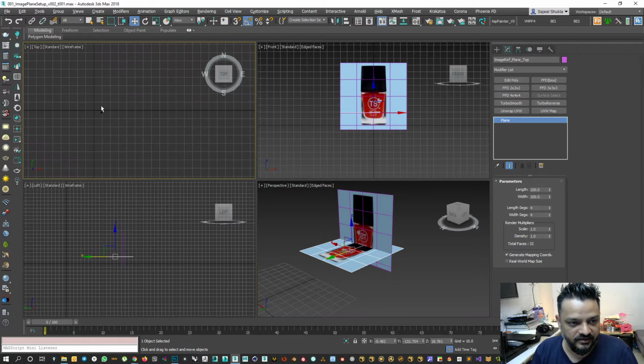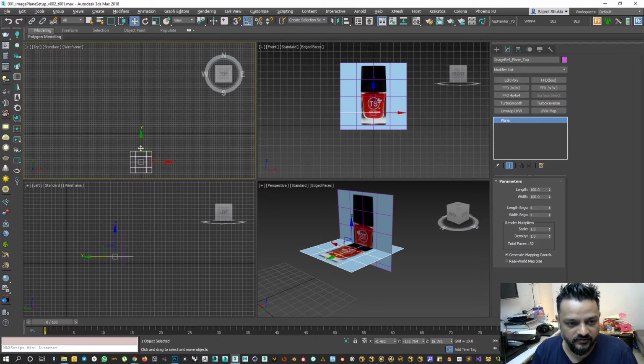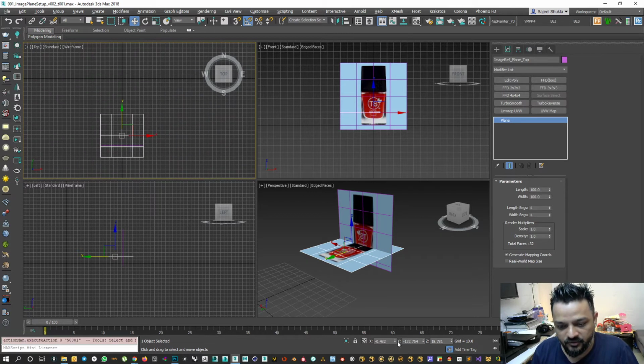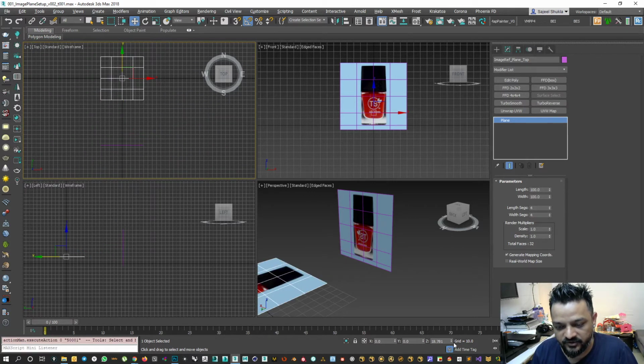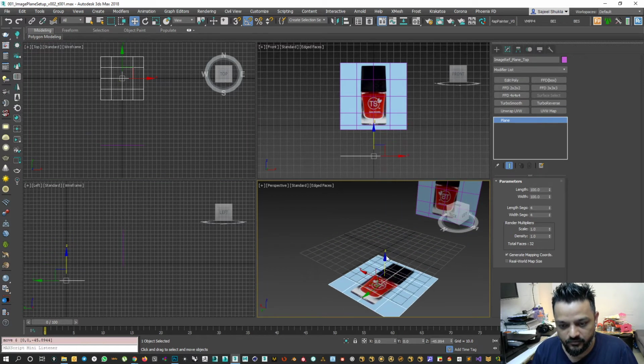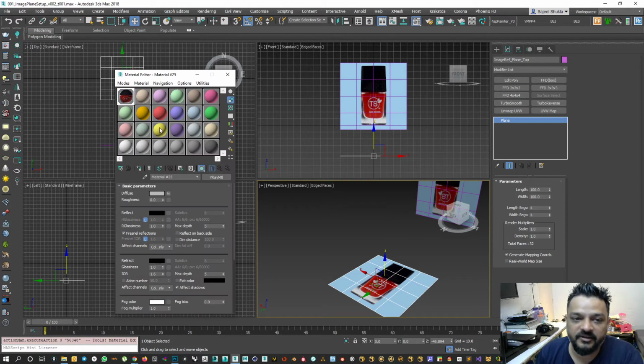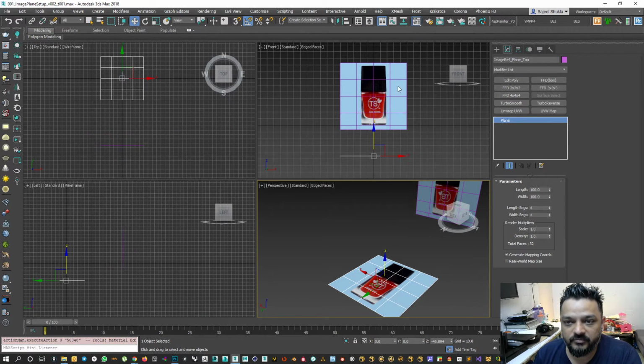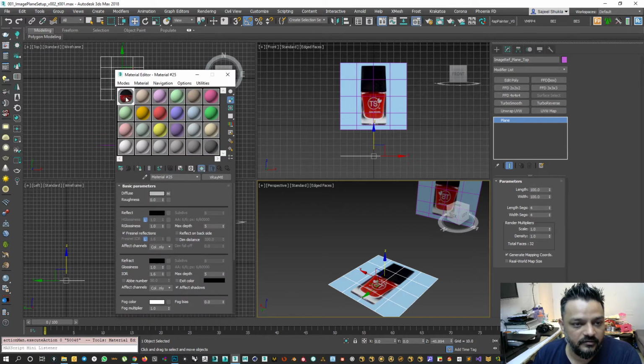Now obviously I need this guy in top view and center while he's sitting out there, because I duplicated this guy. So W, I'll zero out the transformations for that. Yeah, and I'll pull this guy down and press G. M is for material editor, by the way, and you can open it from here as well. So I'll duplicate this, so left click drag on the next one, and I'll name this top view,